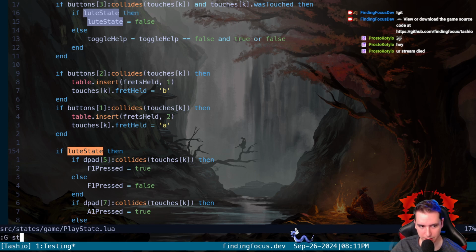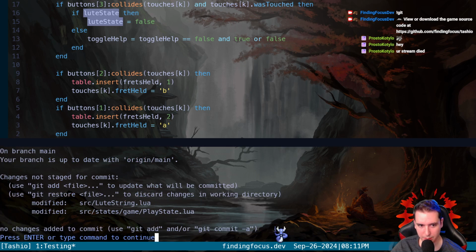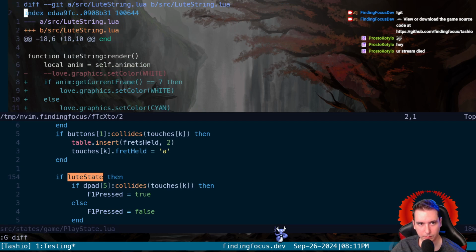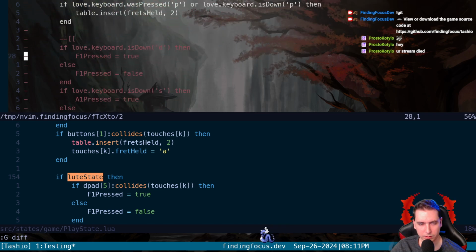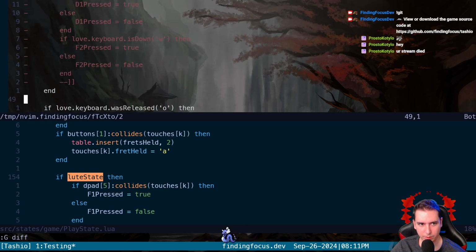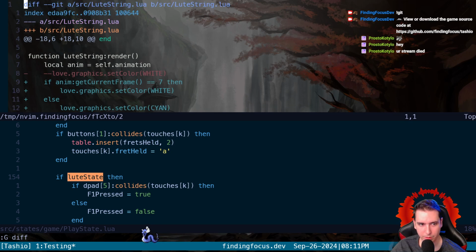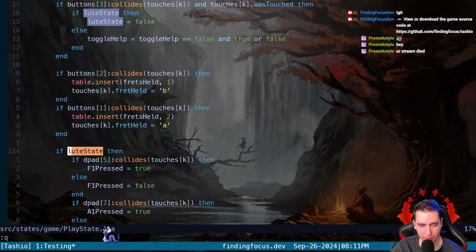Let's see. We should be... Actually, yeah. I might want to commit before we do this. It looks like all we've done so far is take out some old code and then add our string render. So we can commit here. Let's say, oh, come on.